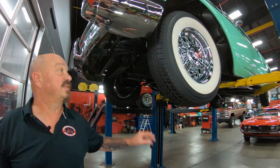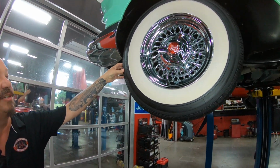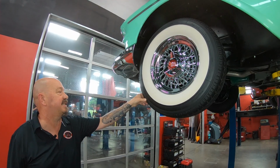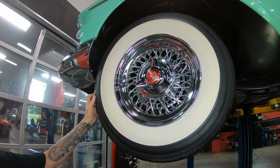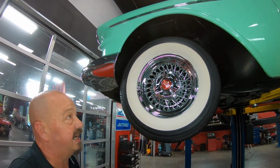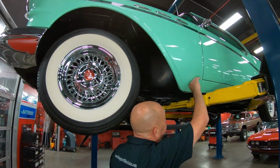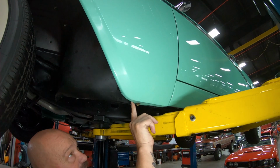Gotta be the nicest 57 Buick on the planet. Then we got real wires here, baby. Buick right in the center. These are Coker Classic tires. See, they usually put the writing real small. Oh, there it is. 225/75 15s here. You can see they painted the fenders right down to the bottom edge. I see some fresh shims in here. Of course, the bottom edge of this